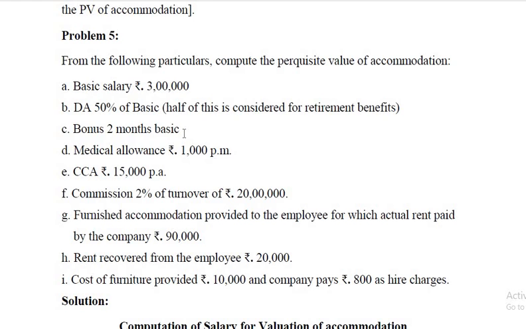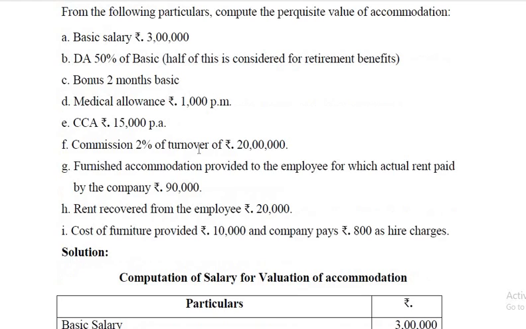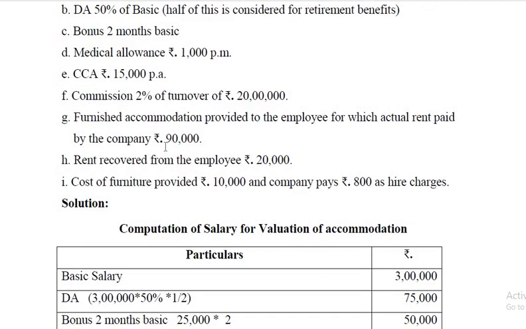2 months basic pay means 3 lakh divided by 12. You will get 1 month's basic, that comes to 25,000. 2 months means 50,000. Okay, medical allowance, it is fully taxable, so it should be taken, 1,000 into 12. CCA, city compensatory allowance, it is fully taxable, it should be taken as part of salary. Commission based on turnover, so 20 lakh, of that 1% is 20,000, so 2% means 40,000. Okay,